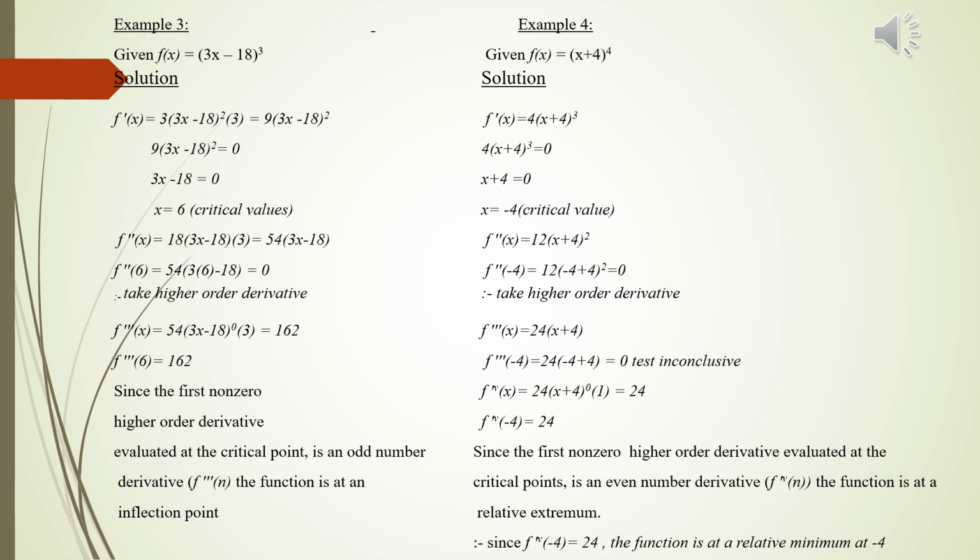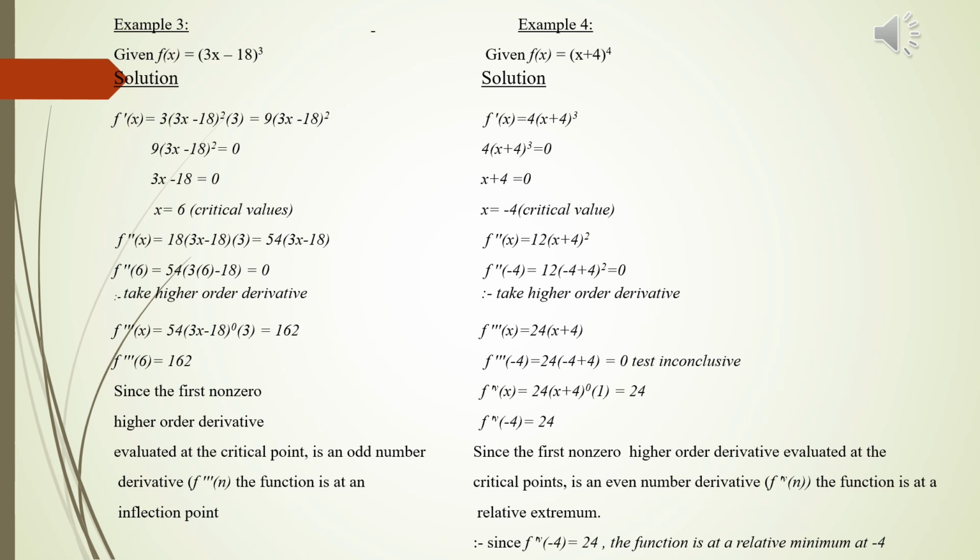f iv of x, that means the fourth derivative, equals 24 open bracket x plus 4 close bracket raised to power 0 multiplied by 1, which equals what? 24. So the fourth derivative evaluated at the critical value minus 4, the result is 24. Now we have a non-zero value. Now since the first non-zero value of a higher order derivative evaluated at the critical point is an even number derivative, that means f iv